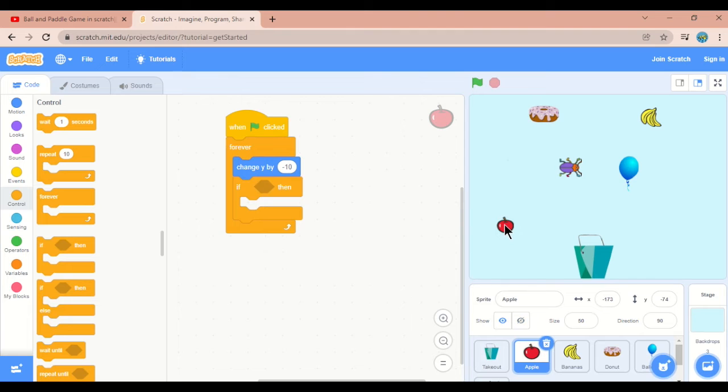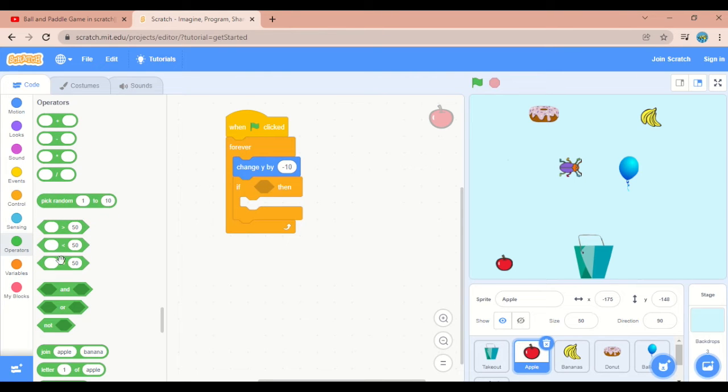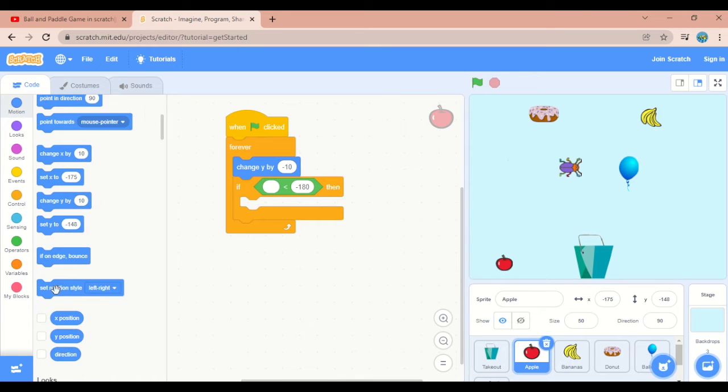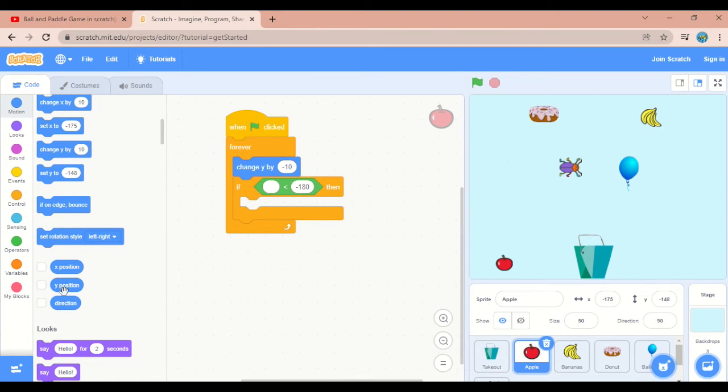See here, minus 74, less than minus 107, less than minus 155, so it is decreasing. So we can give if, and we need less than, so we can go to operators, choose this less than, and here if it is less than minus 180, what y position? So we should give y position. Go to motion, scroll down, you can find y position.